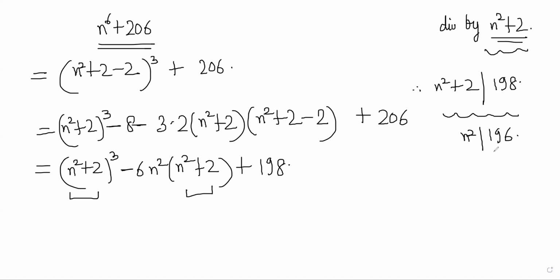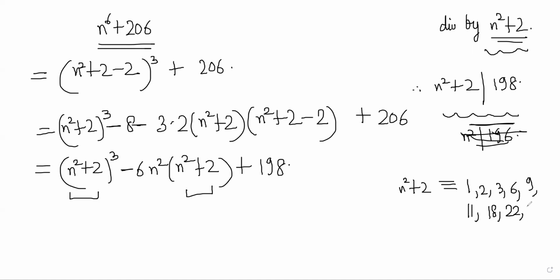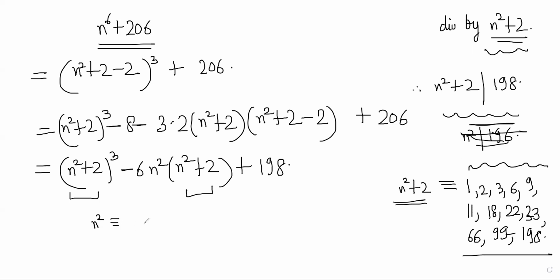Or we can directly say that n²+2 must be one of the factors of 198, which will be 1, 2, 3, 6, 9, 11, 18, 22, 33, 66, 99, and 198. Those are the possible values of n²+2, because these are the possible divisors of 198. Now from here we can say that n² can be basically 0, 1,